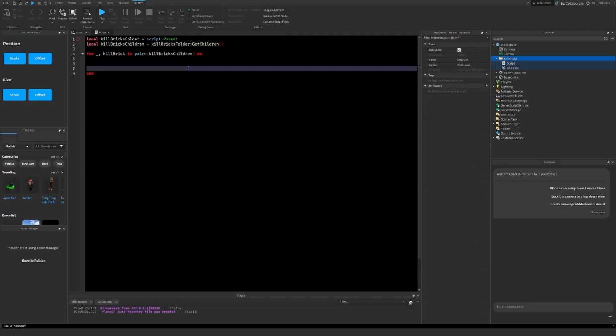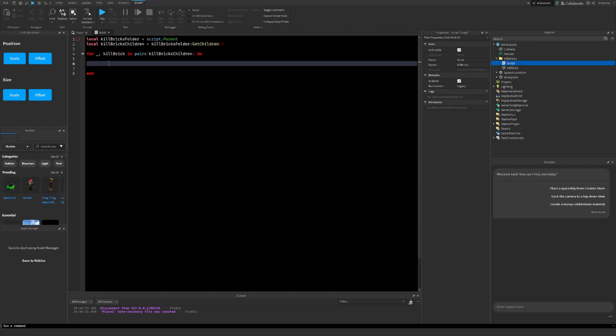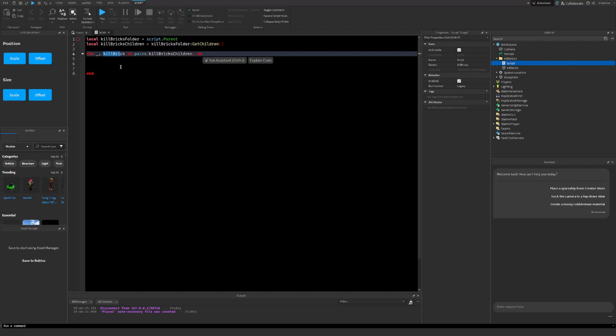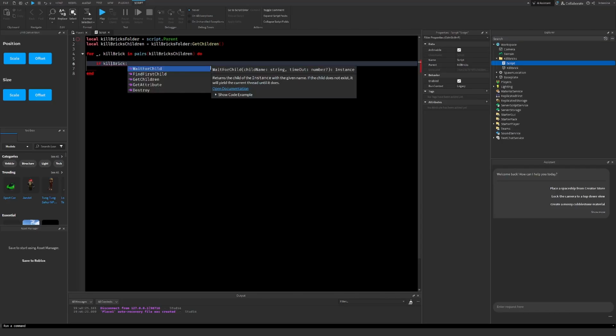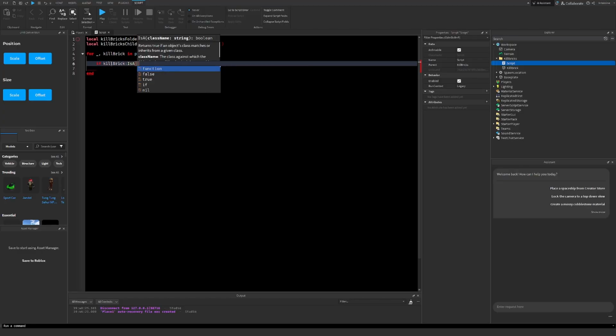Now, remember what I said about how we want to include the KillBricks, but not the script? Well, we're actually gonna go over that. So now that we get every object inside of here, we wanna make sure we get the right objects. So one of the things is, we're gonna do an if statement. And the if statement is gonna be if KillBrick is a, so we're looking for if it's a certain object. And we're gonna do base part,